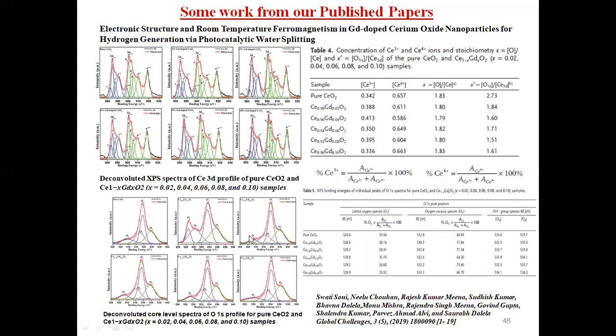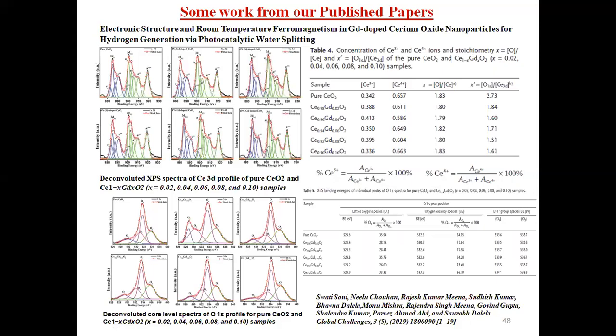Now the second figure, which is below this cerium 3d figure, is the deconvoluted oxygen 1s XPS spectrum. It is also background subtracted and fitted with 4 peaks. Here you can see that OL can be seen, that is the lattice contribution of the oxygen. It is actually sample oxygen. Then OV is shown. These are not in the sample.